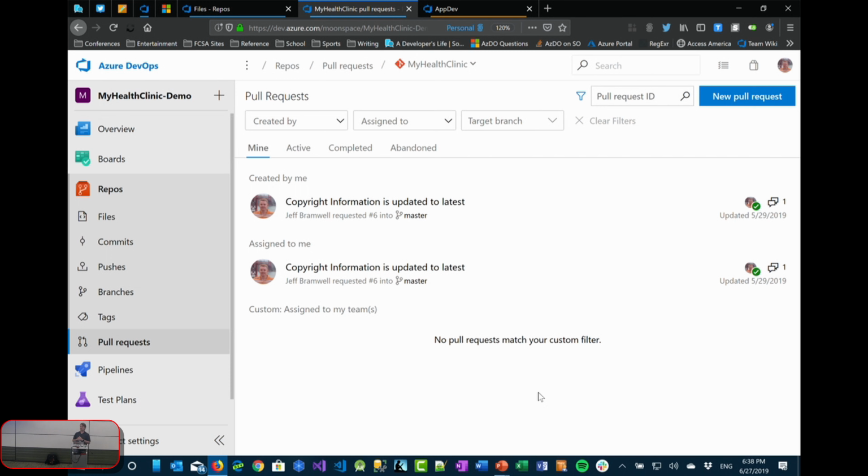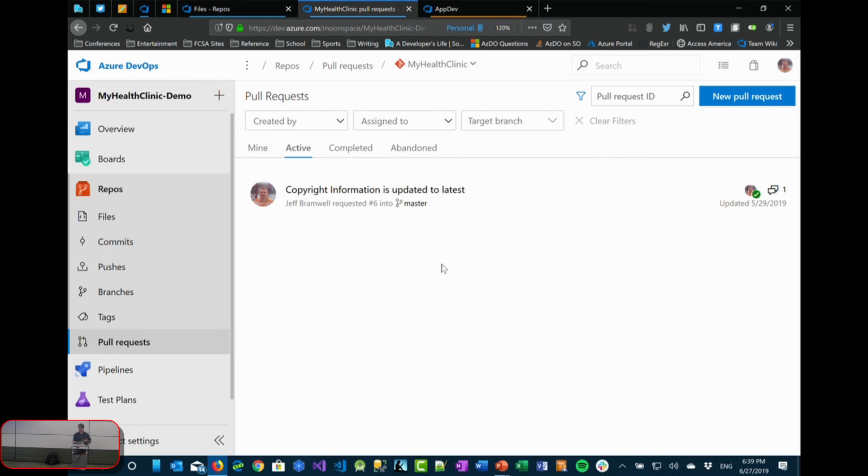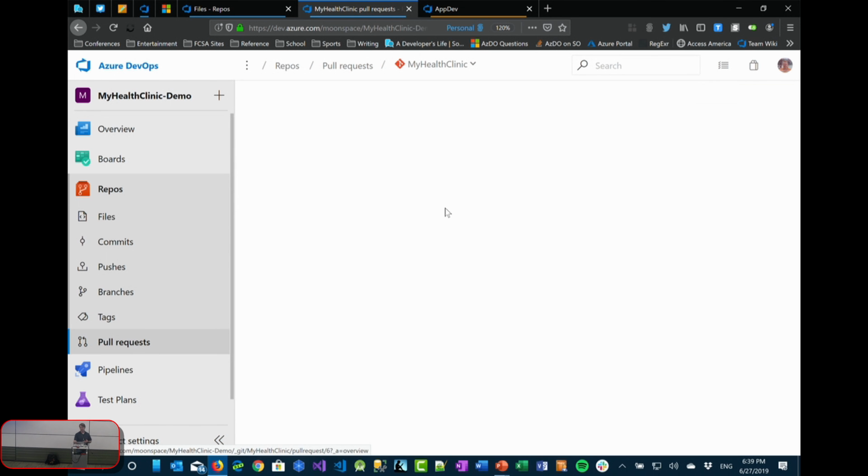Or they might go, you know what, this doesn't look quite right. Maybe you need to take a look at this area, and they can reject it. Or it might be somewhere in the middle where they approve it, but they still give you some recommendations on things to look at. So for example, if I go in here, there's one active right now. I'm going to click on that. Hopefully you can see it. So the pull request will show certain things.